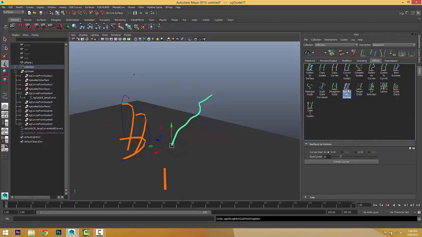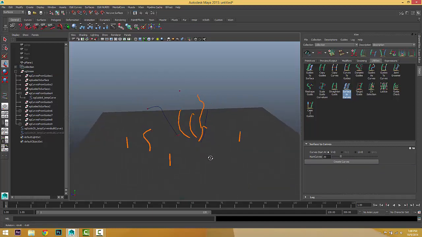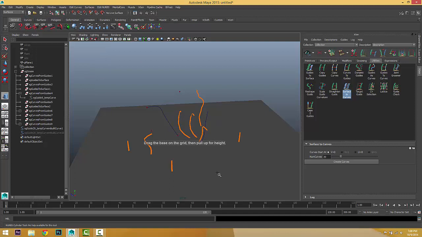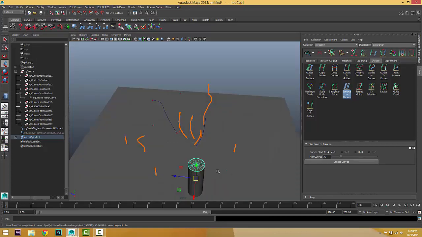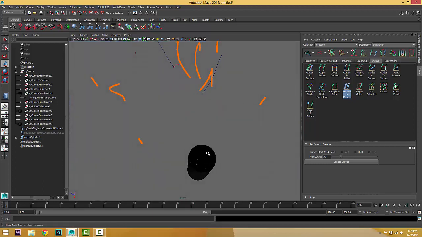Surface to curves. If we have a surface, we can change the surface to curves very quickly from this utility. You choose how many curves you want to create from that surface, and you just create curves. For example, create a NURBS cylinder, delete the cap and the other cap.